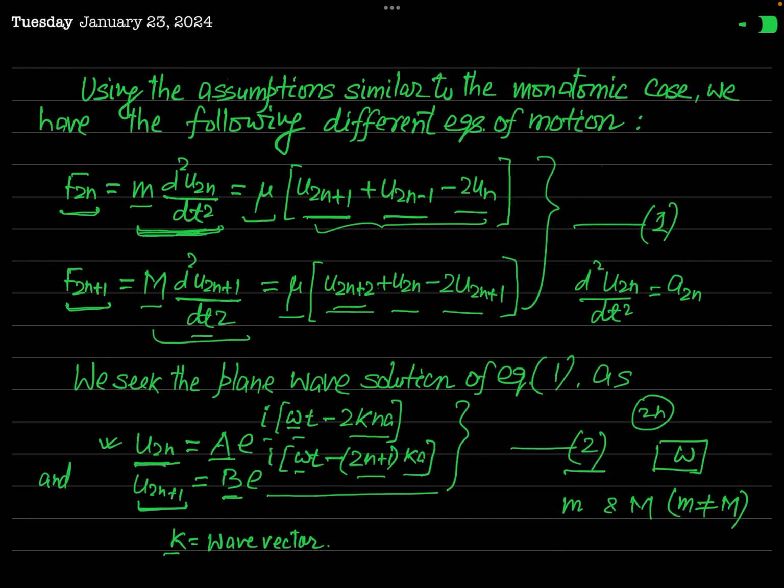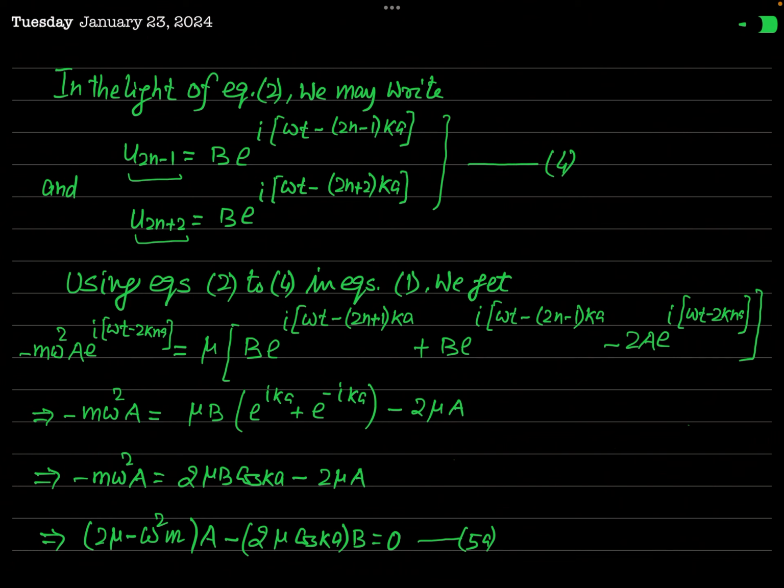You only have to replace this 2n by 2n minus 1 and 2n plus 2, and you will get those expressions. So in the light of equation 2 we can write u2n minus 1 as b times e to the power i(omega t minus (2n minus 1)ka), and u2n plus 2